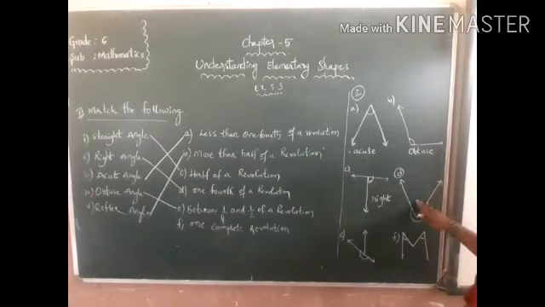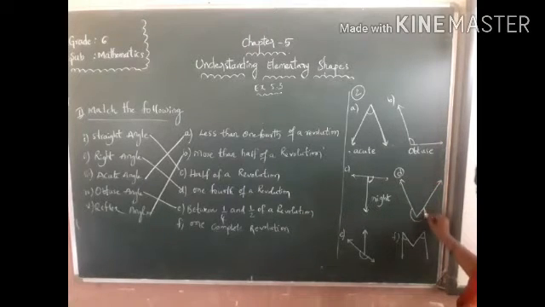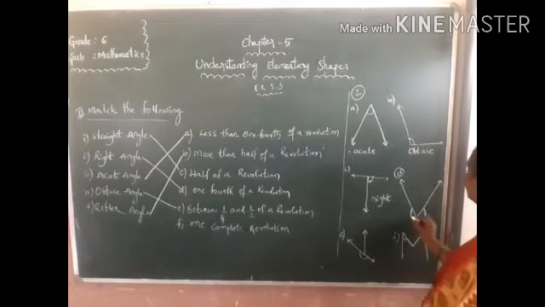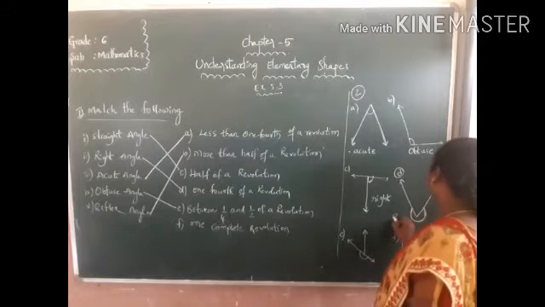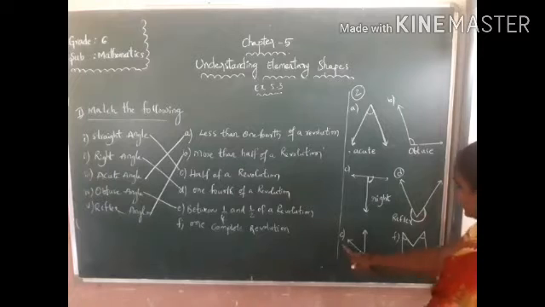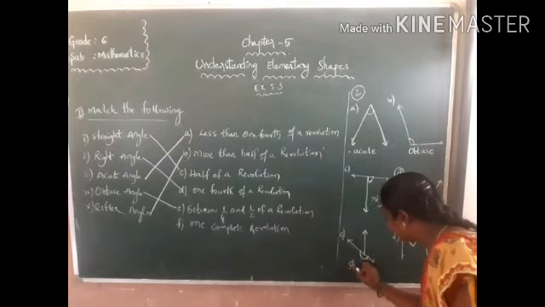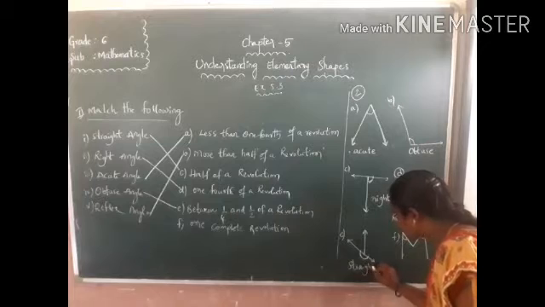Okay. D figure, observe here where the angle is formed. Is the angle acute or right? No, it is not formed inside. Here it forms outside. So that means it is more than 180 degrees. That's why we call it a reflex angle. Okay, come to E. What is E? Yes, it forms a straight angle. Very good.